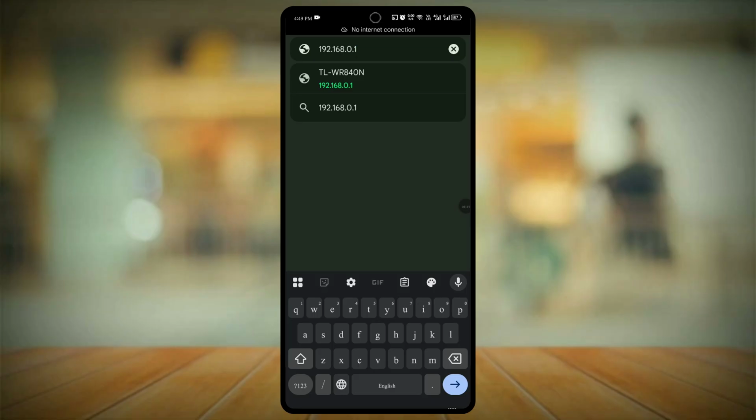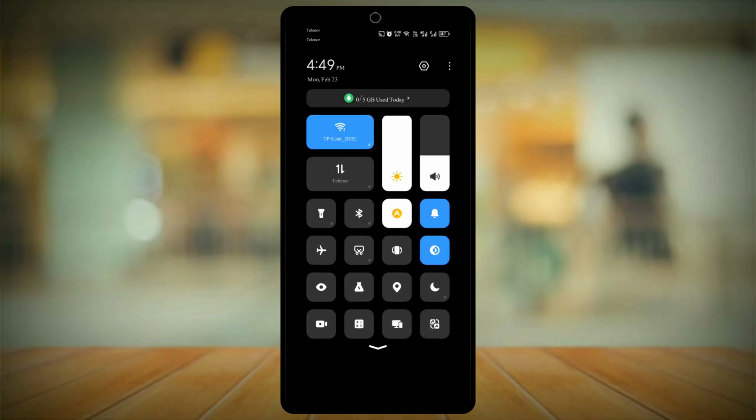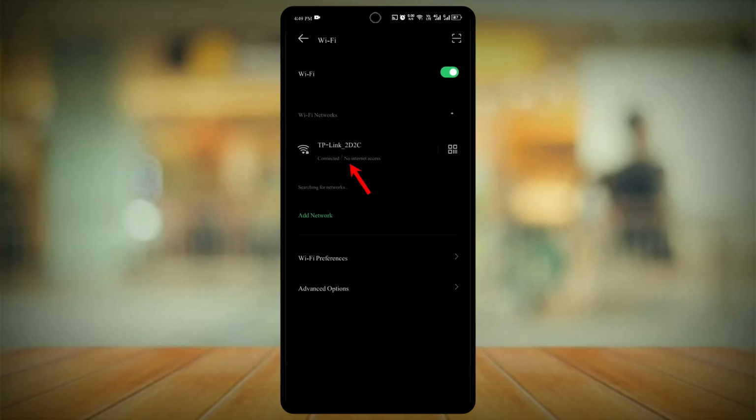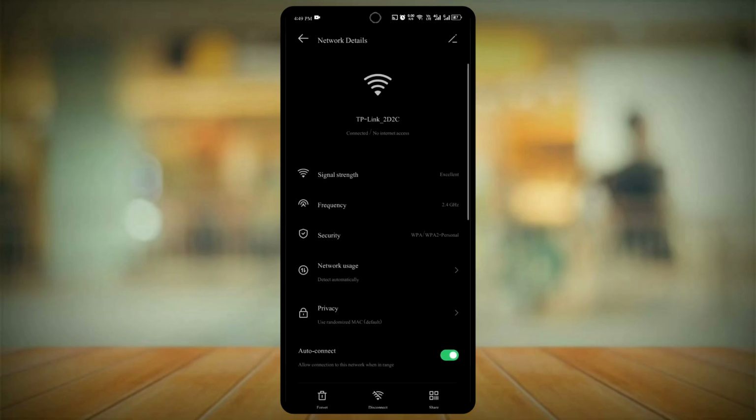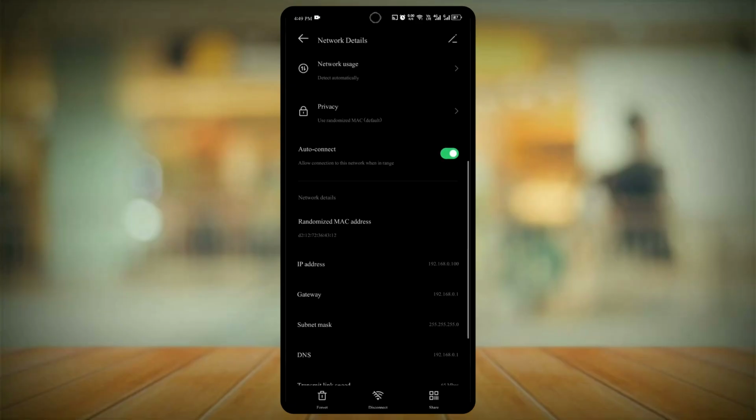You just need to open your Wi-Fi settings. Then tap on your Wi-Fi network. After that, scroll down a bit, and you should see the Network Details section. Here, you can see the gateway under IP address. Basically, this is your router's default gateway IP. Now copy it,